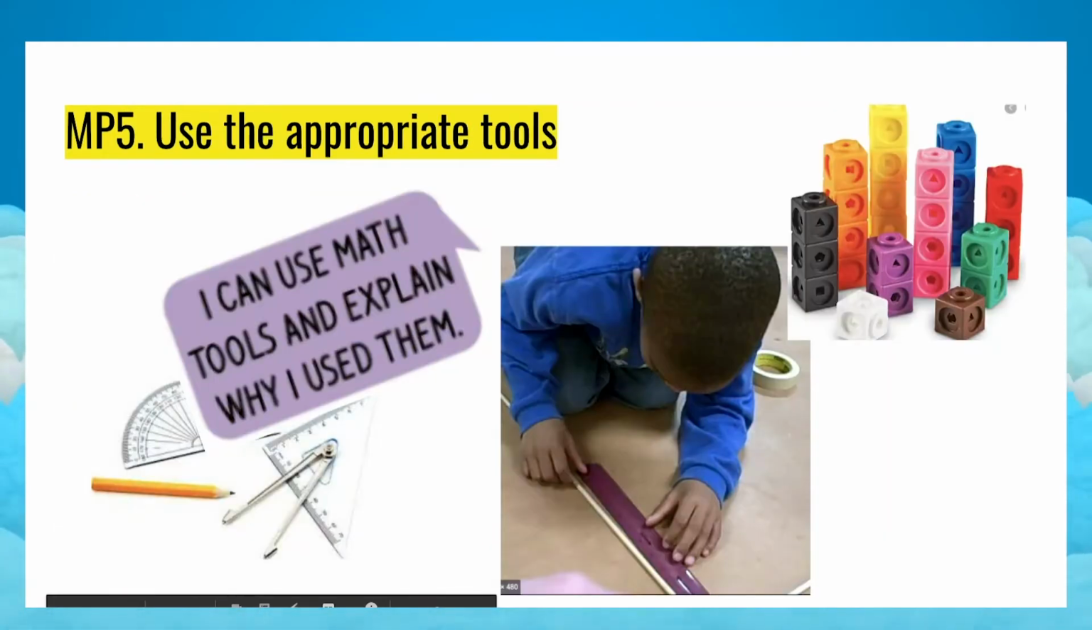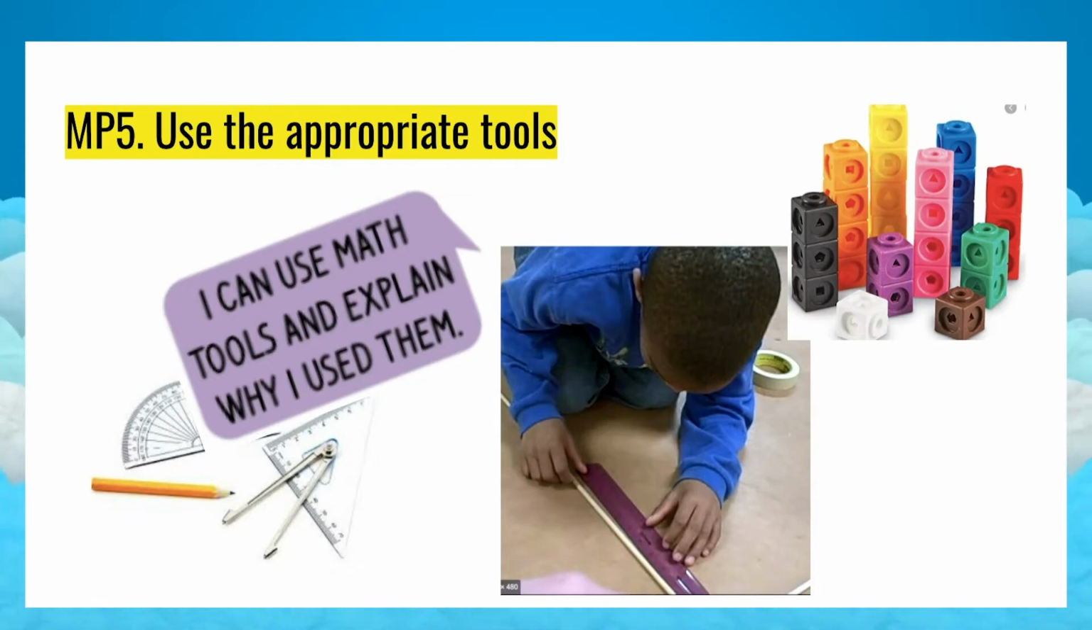Number 5, use appropriate tools. Now this is really important. Think about being a doctor. Would a doctor use a baseball bat to give you a checkup? No. Would a basketball player use a hockey stick to play basketball? No, because those are not the right tools. Well, in math, you need to use the right tools for the job. So use appropriate tools means that you can use tools to explain